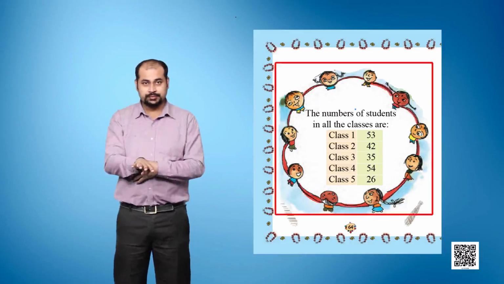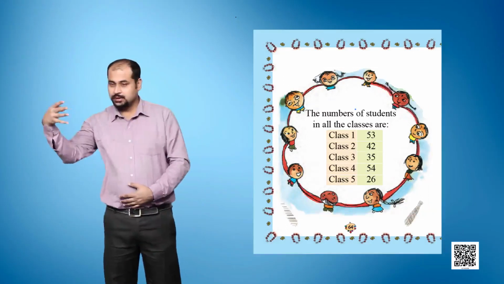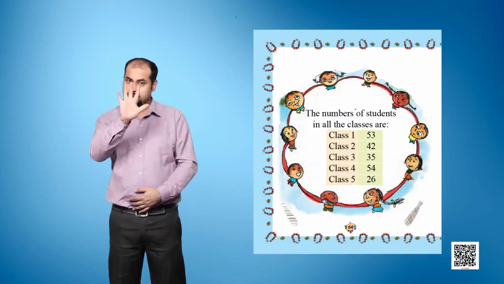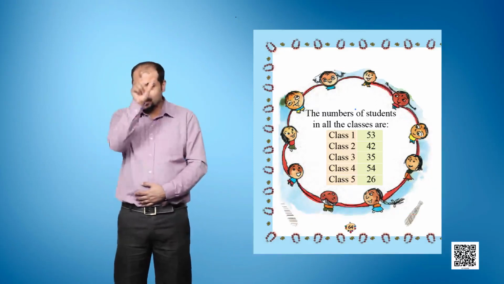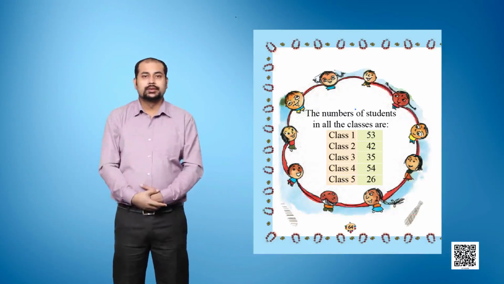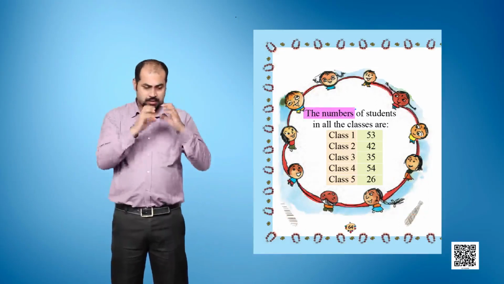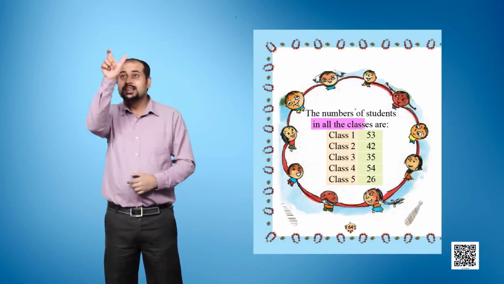First column gives number of classes and second column presents the number of students. There is a text written on top of the table. The number of students in all the classes are